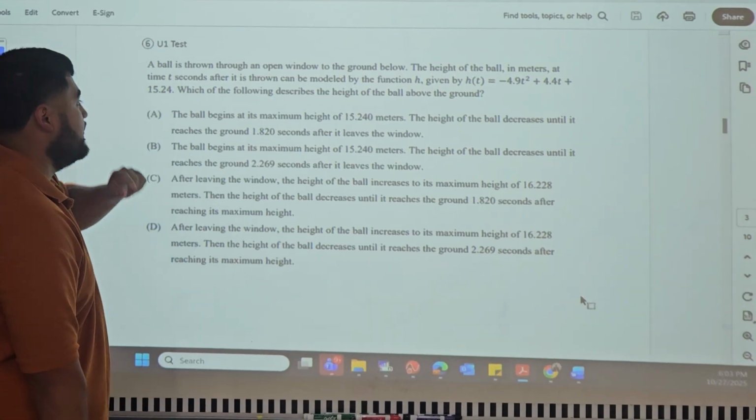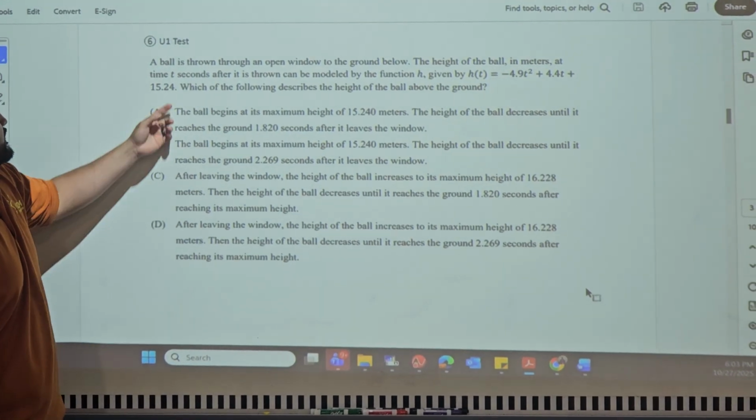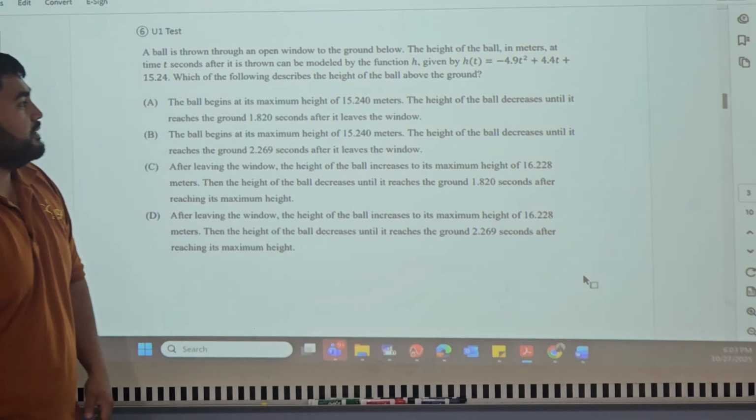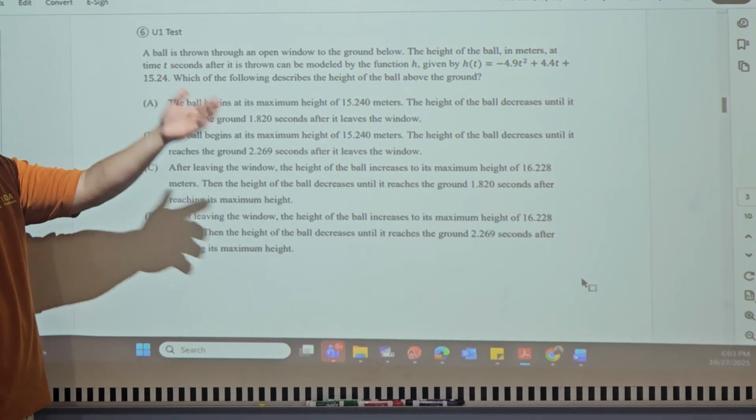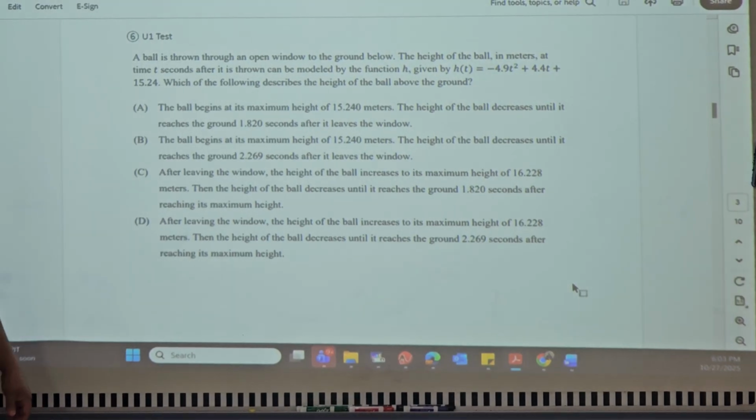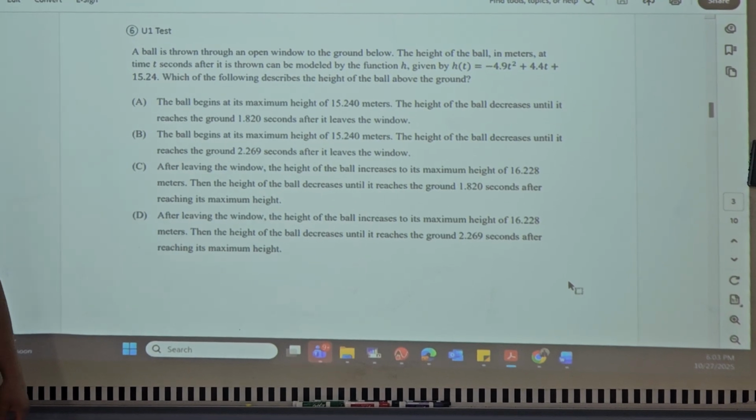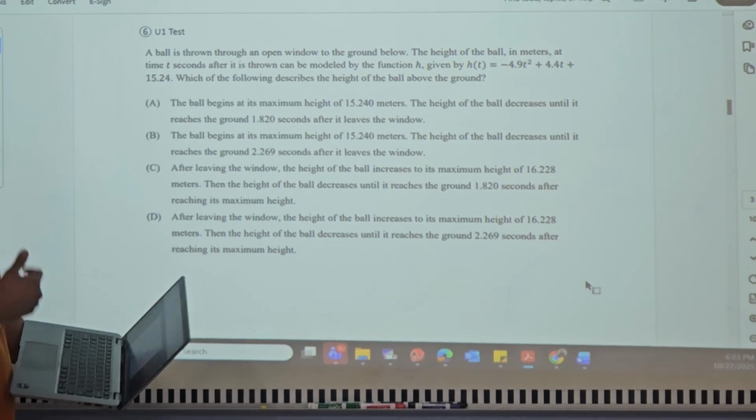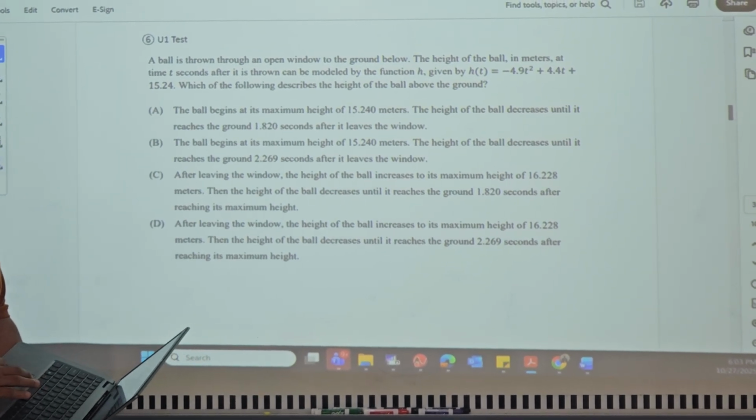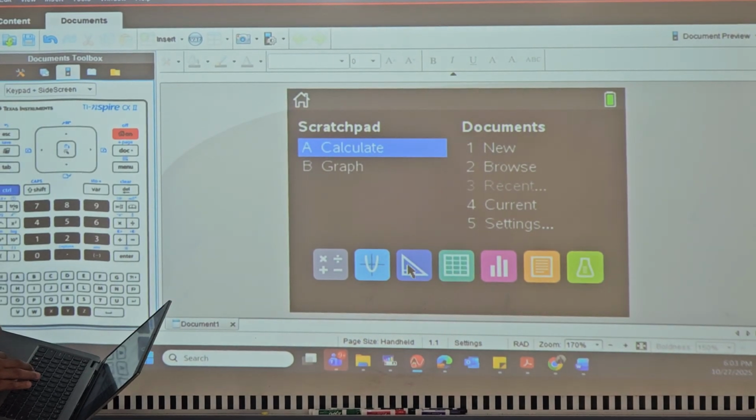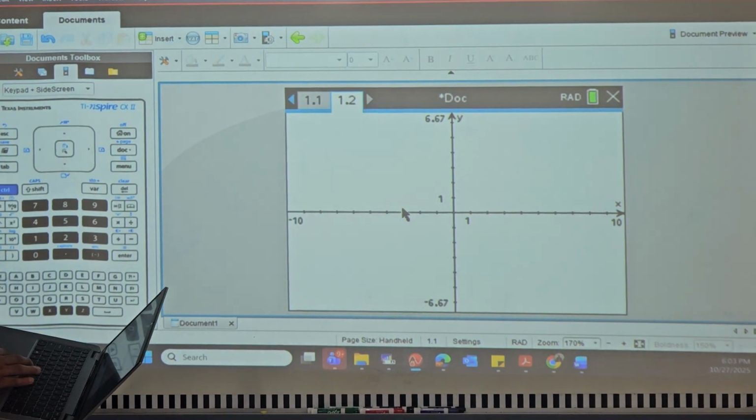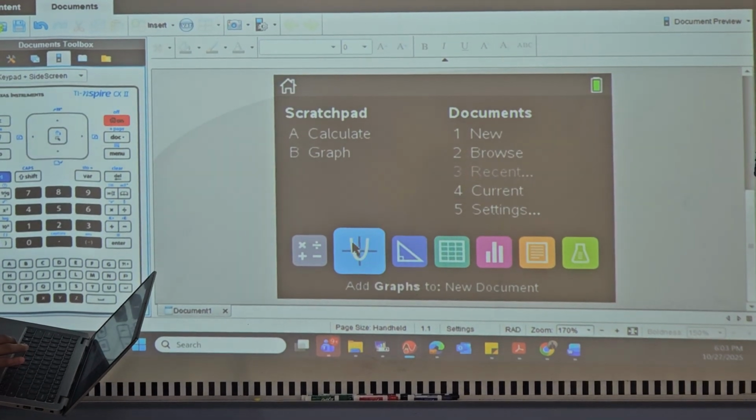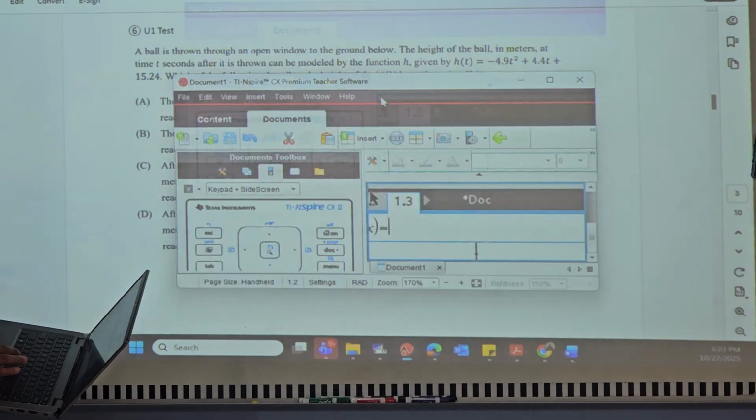The height of the ball in meters at time t seconds after it is thrown can be modeled by the function h, given by h of t equals that whole equation, right? Which of the following describes the height of the ball above the ground? So I see this automatically, and you go to the calculator, and I'm thinking, let's graph it, right? If you go to the calculator and try to graph it,